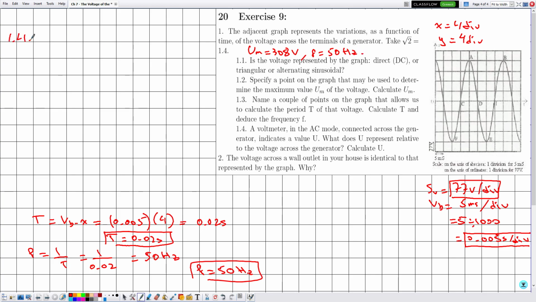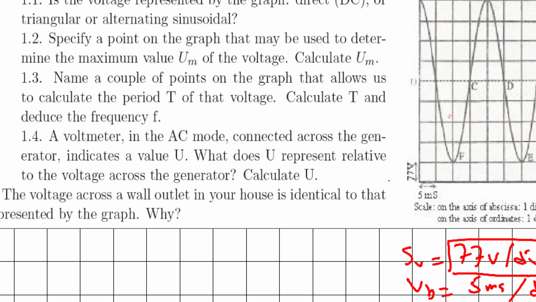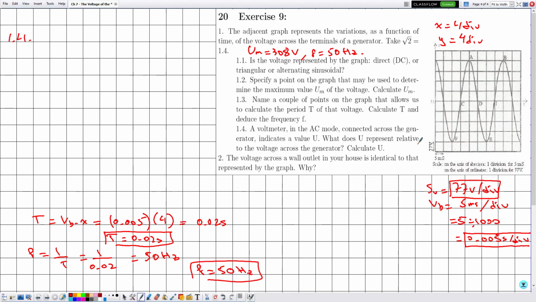Now in 1.4, a voltmeter in the AC mode connected across the generator indicates a value U. What does U represent to the voltage across the generator? Now we know that always a voltmeter measures the effective voltage and not the maximum voltage. So whenever they are talking about voltage, in the case of AC we have two voltages, UM and U effective. Always, always, always, the one that makes the effect is U effective, okay? So everything that we use in case of Ohm's law, power, in anything, we are concerned about the effective voltage and not the maximum. So let me say a voltmeter